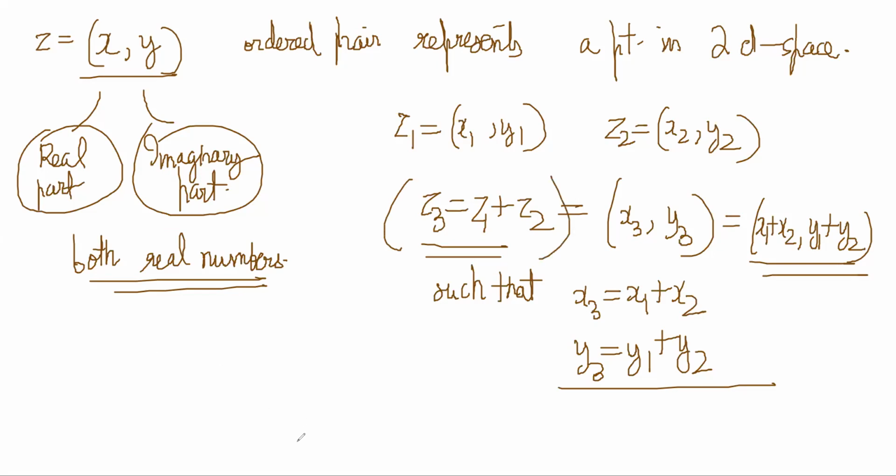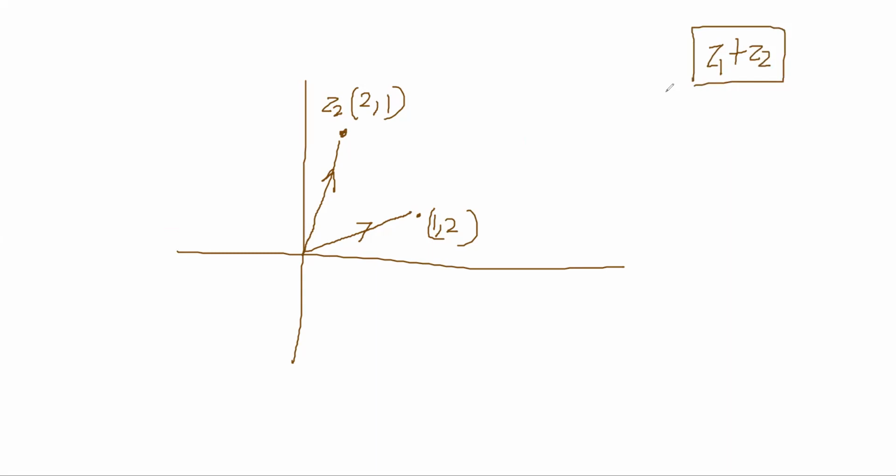Now we can understand it vectorially. In pictures, we can understand. So suppose you were at a complex number (1, 2). This was my complex number z1. Suppose there is another complex number here, z2, which is (2, 1). Now, if I want to add z1 plus z2, think of a complex number as a vector. You have learned a little bit of vectors, no? For physics, you would have seen that. So think of each complex number as a vector.